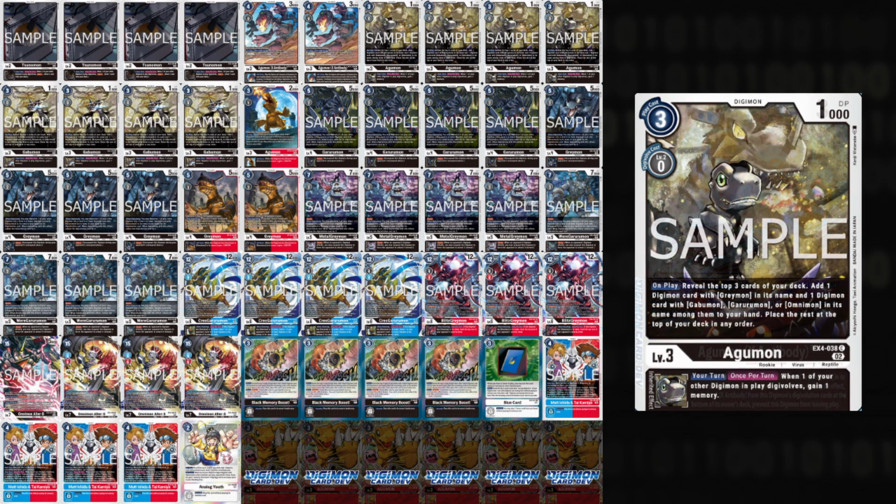We play 4 of the EX4 Agumon. On play, reveal the top 3 cards of your deck, add 1 card with Greymon in its name, and 1 Digimon with Gabumon, Garurumon, or Omnimon among them to your hand. Place the rest on top in any order. That's really the keyword, on top. And then it's ESS, your turn, once per turn, when one of your other Digimon in play Digivolves, gain 1 memory. So similar to Sunomon, it works when you're pinging off of each other, but more importantly, the top 3 search,